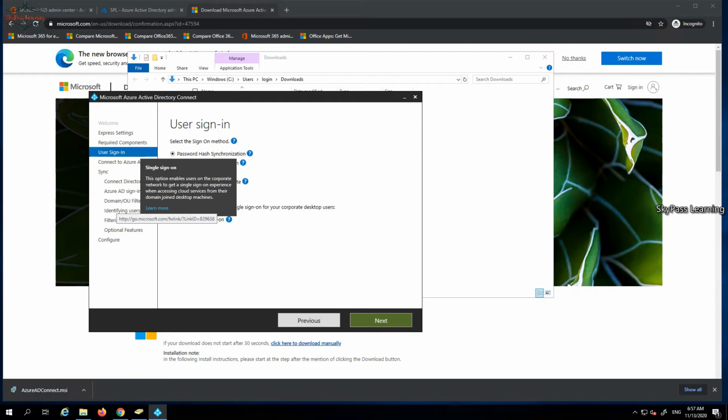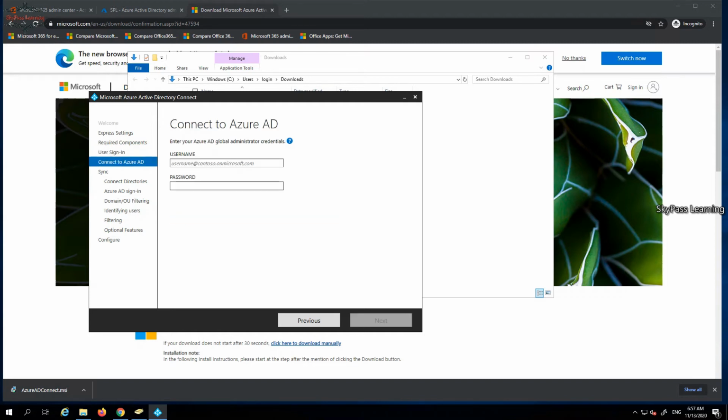If you enable single sign-on, in that scenario, if users are logged in with the same user account that you use in your cloud, they are able to directly open their Outlook. They need not enter their username and password when they try to log in on the portal. They need not enter the credential once again. I'm taking hash synchronization right now.